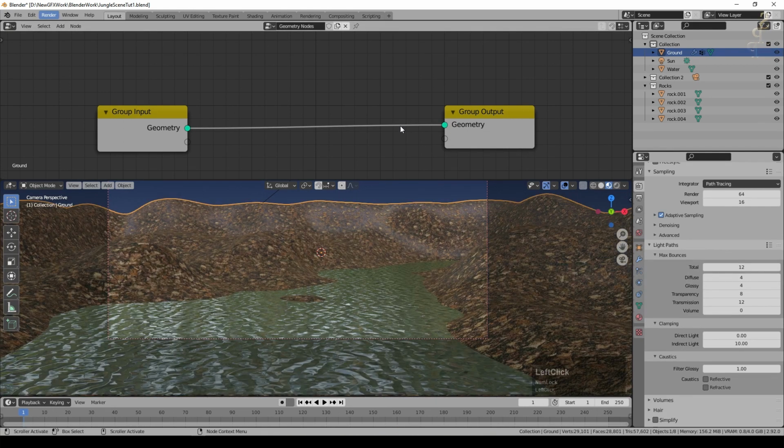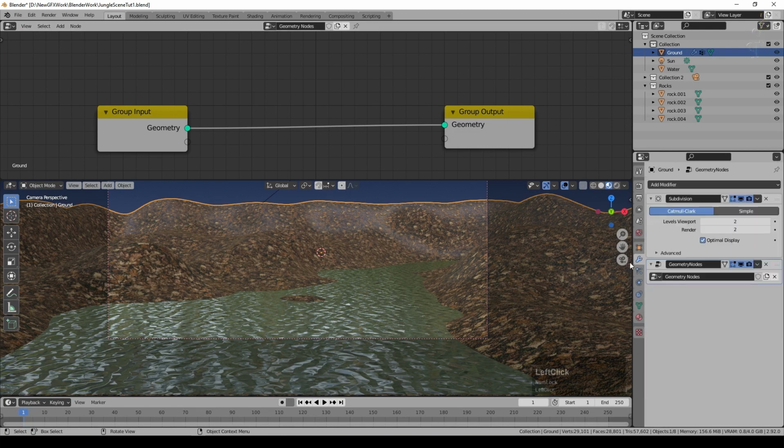Now, I've covered the basics of geometry nodes in a couple of previous tutorials, so I'll go a little quickly here. We could add all of the assets, the particles if you like, in one set of geometry nodes. The problem with that is it makes it harder to turn individual things on and off and play with individual effects. So what I tend to do is add individual geometry node setups for each asset, each item that I'm going to put into the scene.